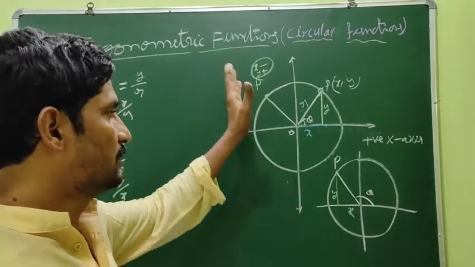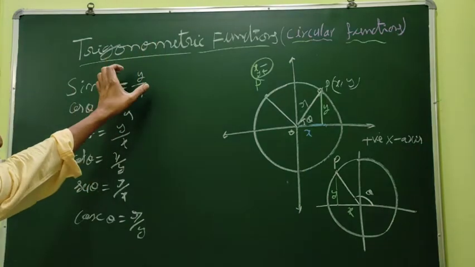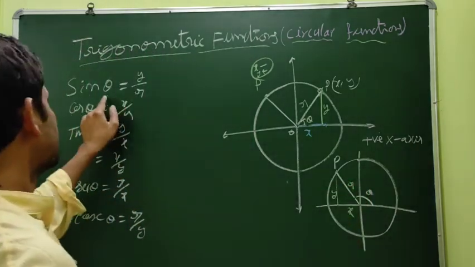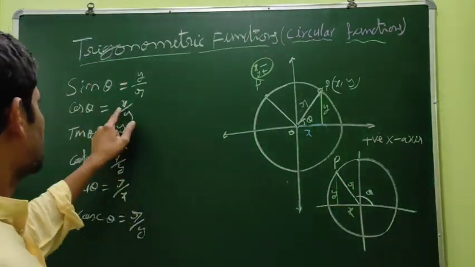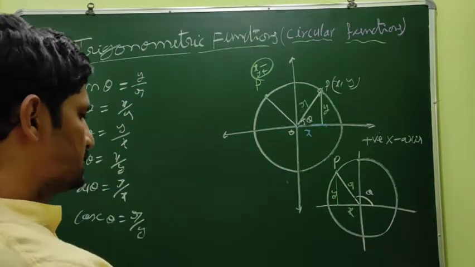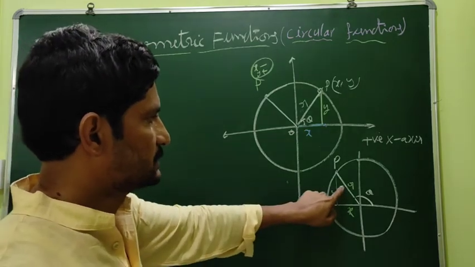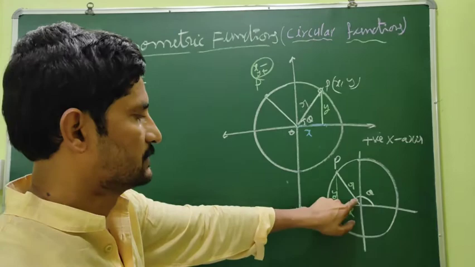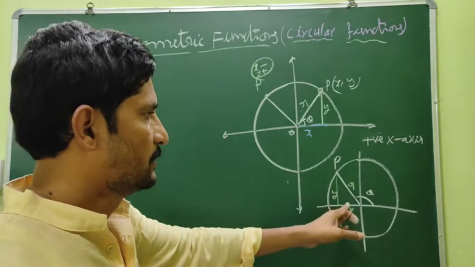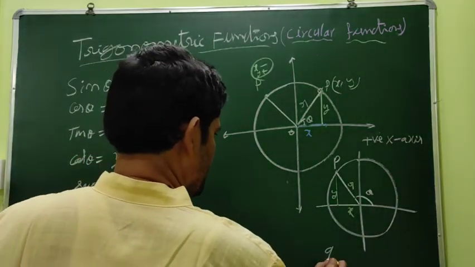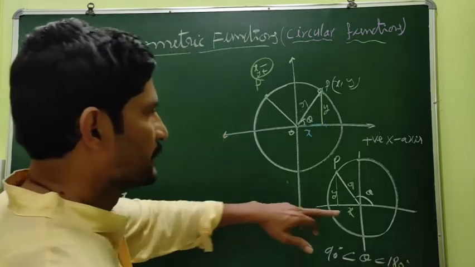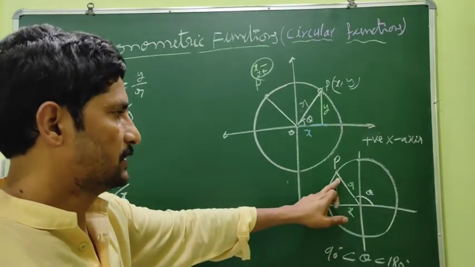Now the definition of this one is, now convert all this into x and y. It is r. Sin theta is equal to y by r. Cos theta is equal to x by r. Now this same definition is here also. Now see, this is a right angle triangle here, but the angle is this one. It is more than 90 degrees, less than 180 degrees. Here 90 degrees, so theta is less than 180 degrees. This angle is in the second quadrant.